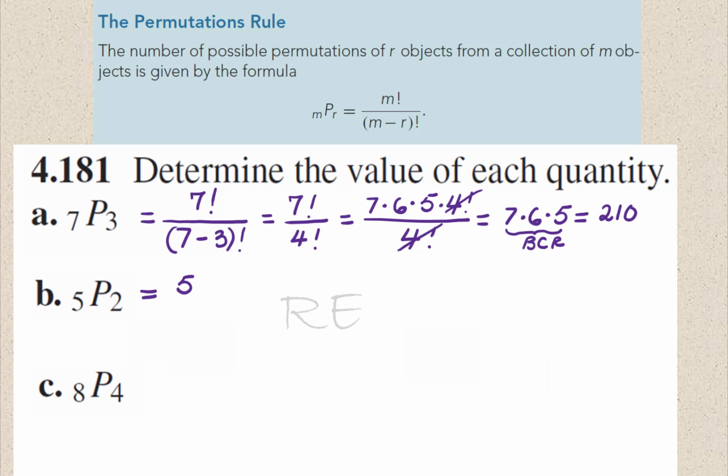Out of 5, permute 2. So it's going to be 5 for the first one, 4 for the second, multiplied together. Basic counting rule, 20. Out of 8, permute 4. 8 for the first, 7 for the second, 6 for the third, and 5 for the fourth. The answer is